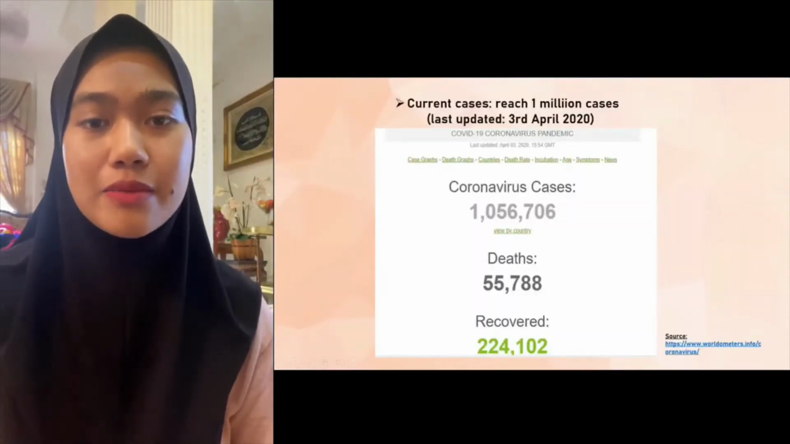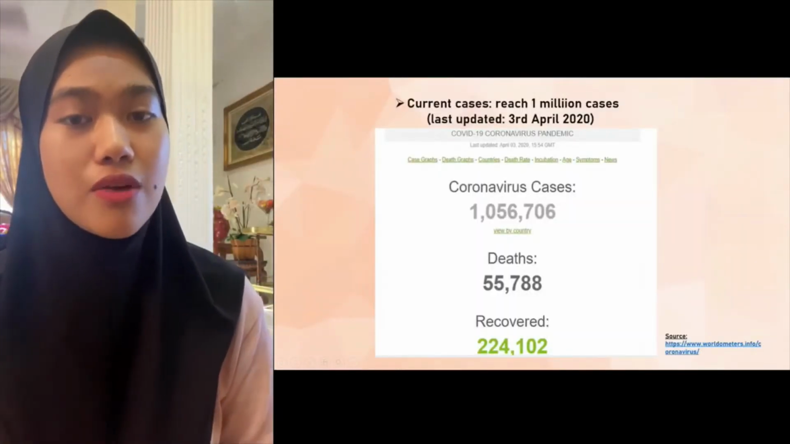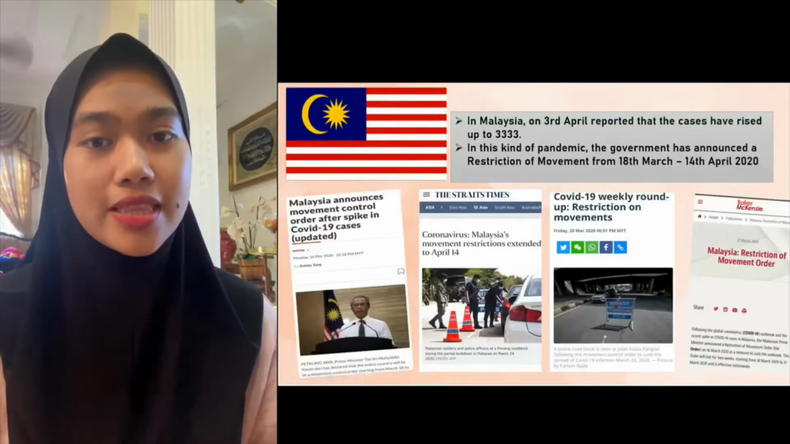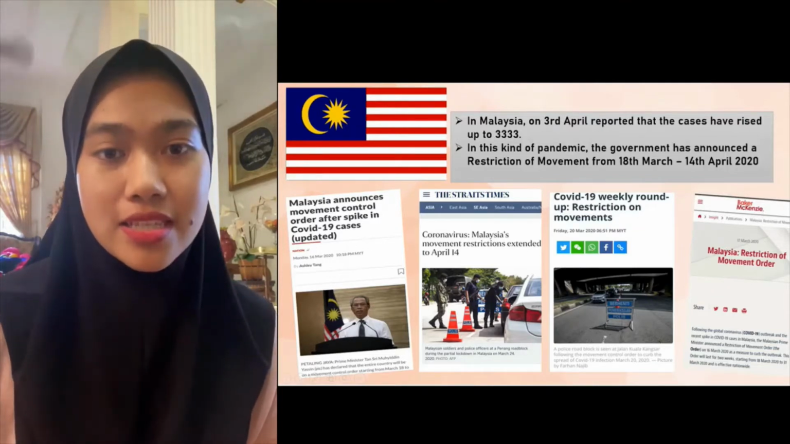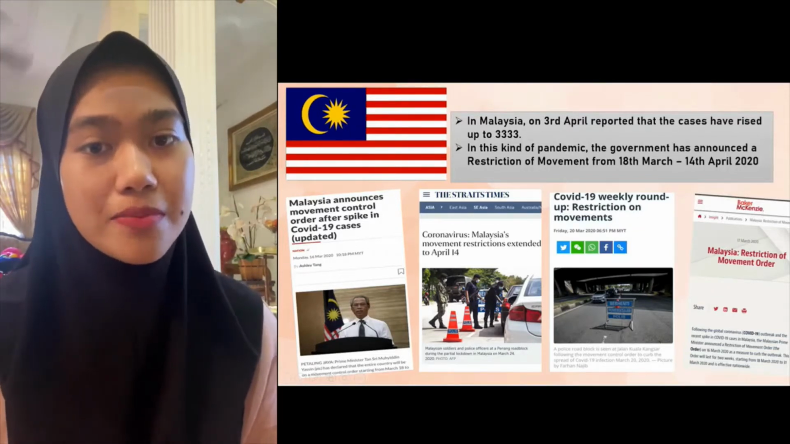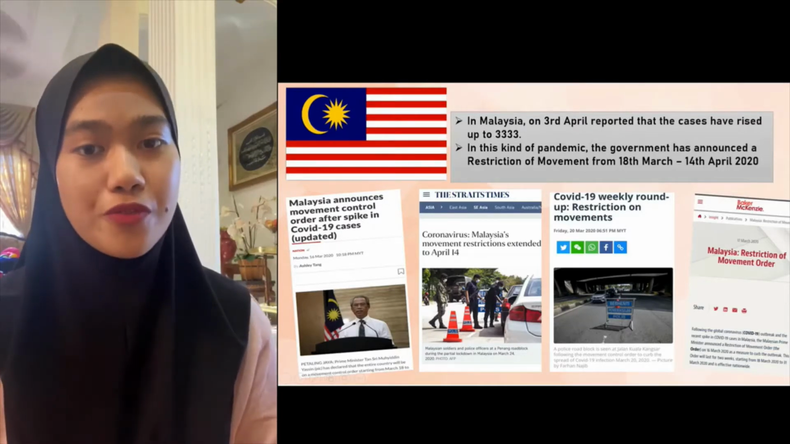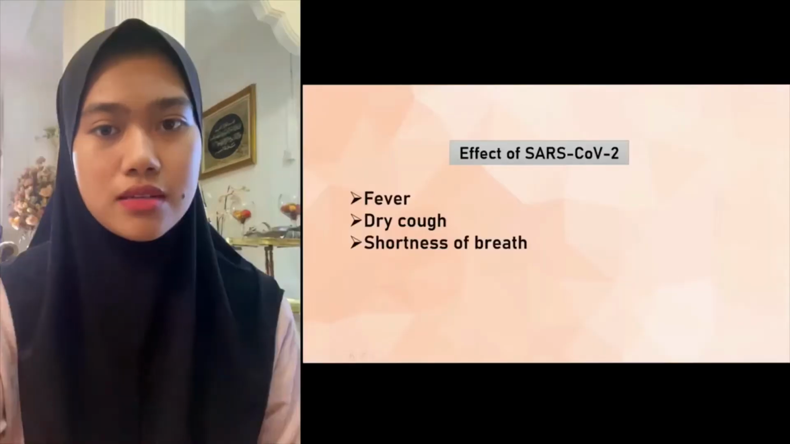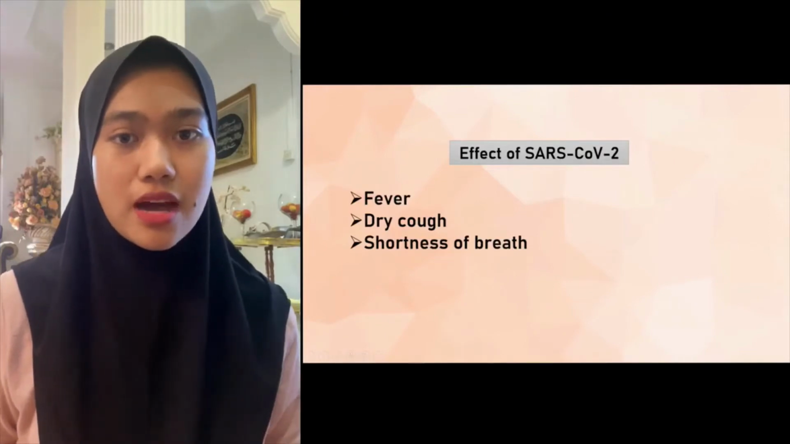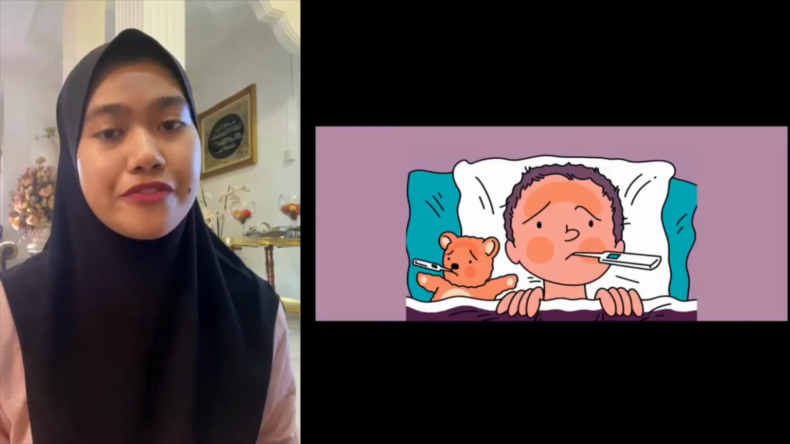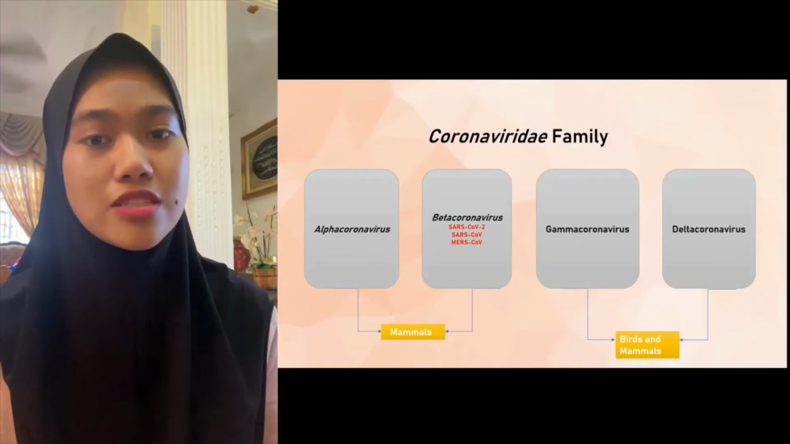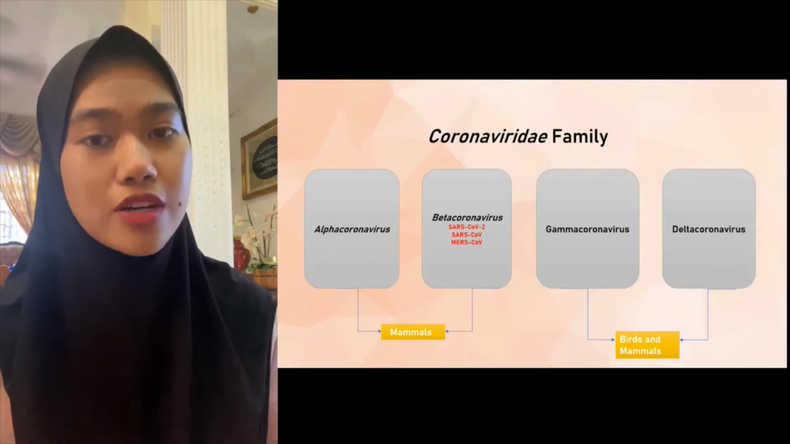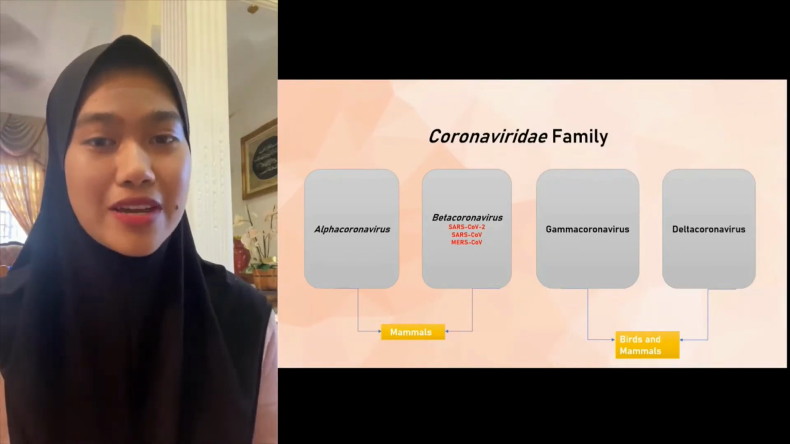COVID-19 has affected more than 110 countries around the world. In Malaysia, on 3rd April, the cases rose to more than 3,000. In this pandemic, the government announced a restriction of movement as a way to flatten the curve. Some effects of this disease are symptoms like fever, dry cough, and shortness of breath. Coronavirus belongs to the Coronaviridae family, which consists of 4 genera, which are Alpha coronavirus, Beta coronavirus, Gamma coronavirus, and Delta